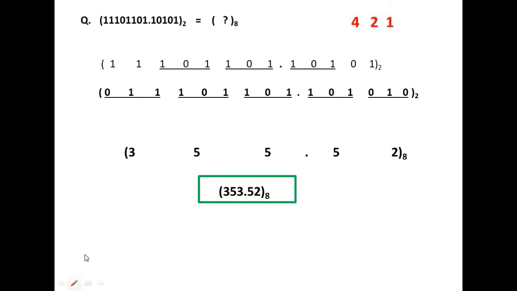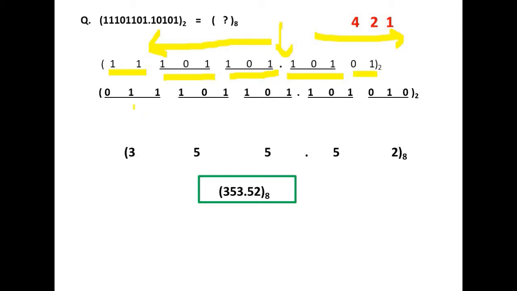One more question. Here this binary number is to be converted into the octal system. Again we have to start grouping from the decimal point. So start from the decimal point and move in this direction for the integral part, and in this direction for the fractional part. Grouping has been started from this position: 101, then 11, and from here 101 and 01. Here this group is deficient of 1 bit, so we have placed 0 in the third digit, and we have got 011. Because grouping for the fractional part goes from left to right, we put 0 in the last position, so 010.